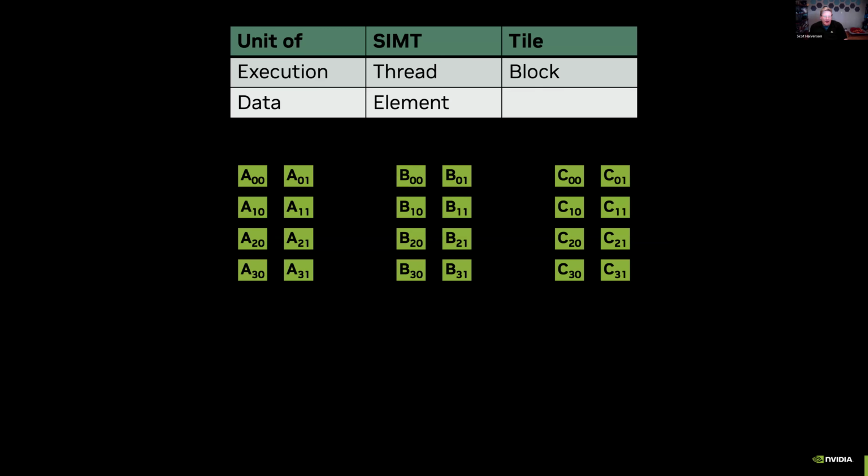For data, the unit of data under single instruction multiple thread is an element. So if we've got an array, we're iterating over the elements of that array. You would write scalar operations that operate on the elements of each thread, and you want each thread to apply an operation to multiple elements. Then you write a loop. There's no native array operation in CUDA